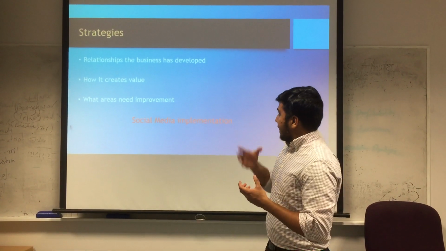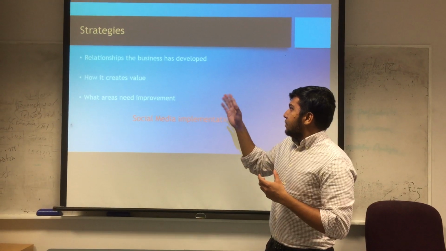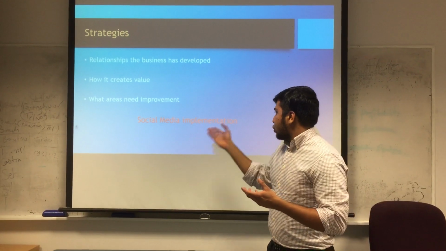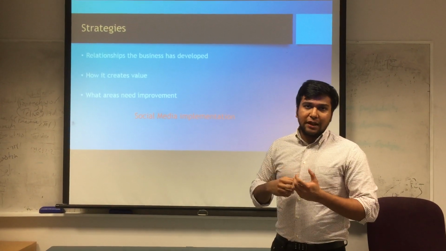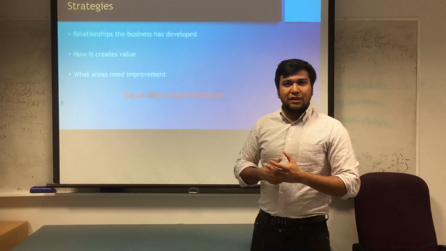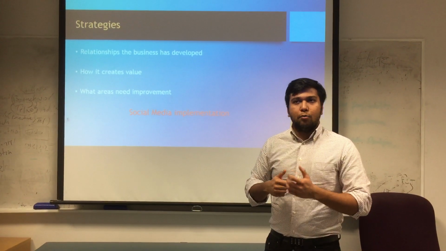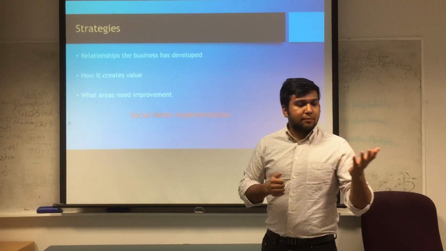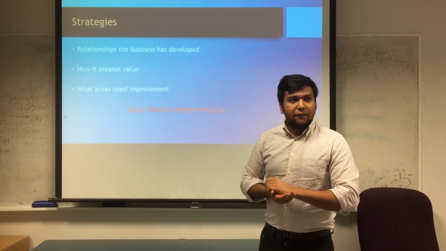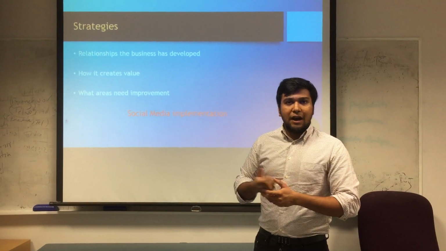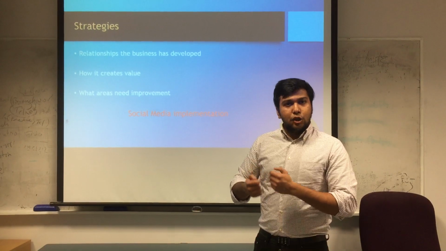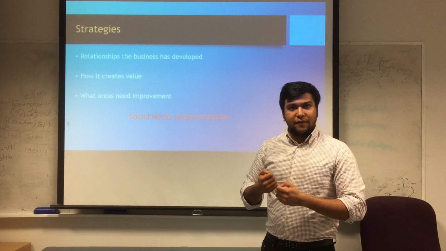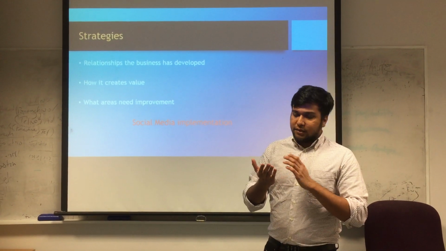In the four-corner analysis, it also recommends that businesses consider the relationships the business has developed, for example, social media implementation. Nowadays, all the new social media apps like Instagram, Snapchat and Facebook are getting more and more popular, especially among the young generation, and they tend to follow it. Anything new comes up and they're like, oh yeah, let's go there, let's do that. Like for example, the Food Bakery in Fyshwick, they're highly into it. They always keep posting their new items and menu on Instagram and Snapchat, and the young generation is very interested in it.